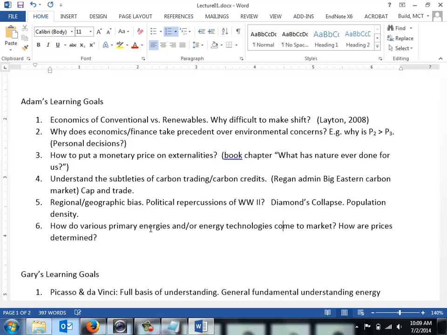And then the other one: how are prices determined? That's a big black box for me too. Obviously some of it's free market, but some of it's also monopoly. It's highly regulated. I just want to better understand. Oil is a global market, that's pretty cut and dried. The utility pricing is heavily regulated. I don't understand how the utility pricing of gas and electricity works. That's just one of the things I want to learn. Yeah, that's something we'll have to dig into.